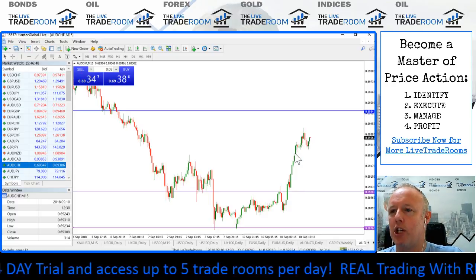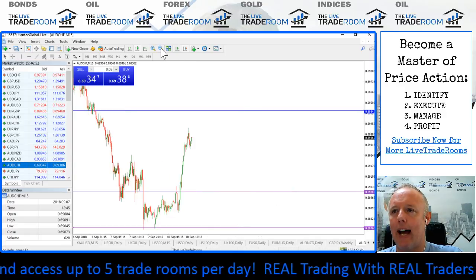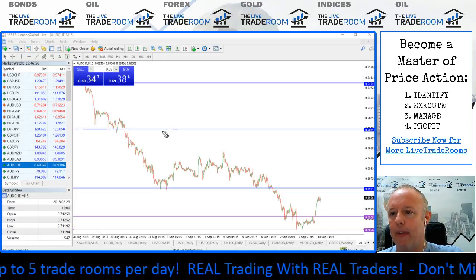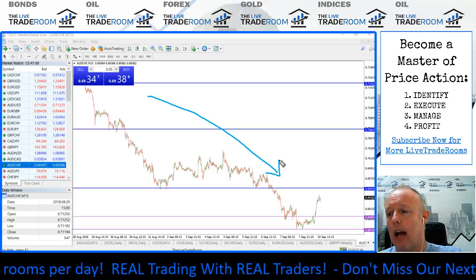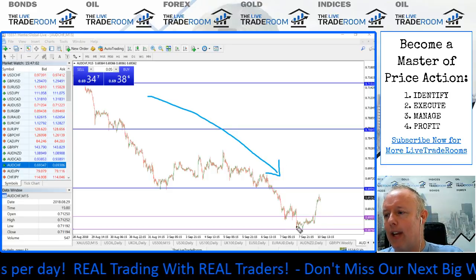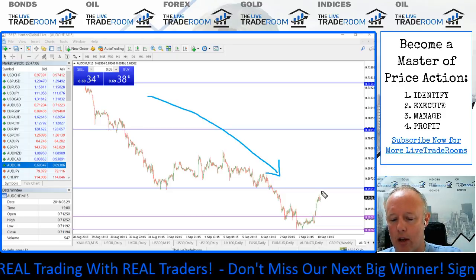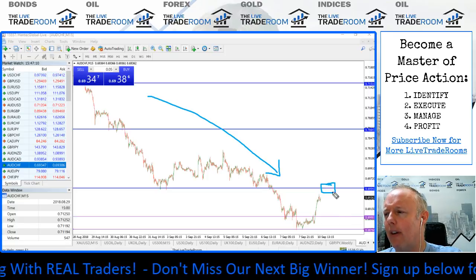But I'm always interested to know who's in control of the market, and for that we can just zoom out a little bit, and we can clearly see that sellers are in firm control. There's no denying that, and this is more likely to be a pullback. So at what price would traders look to exit this market? As I've just said, in and around this level.